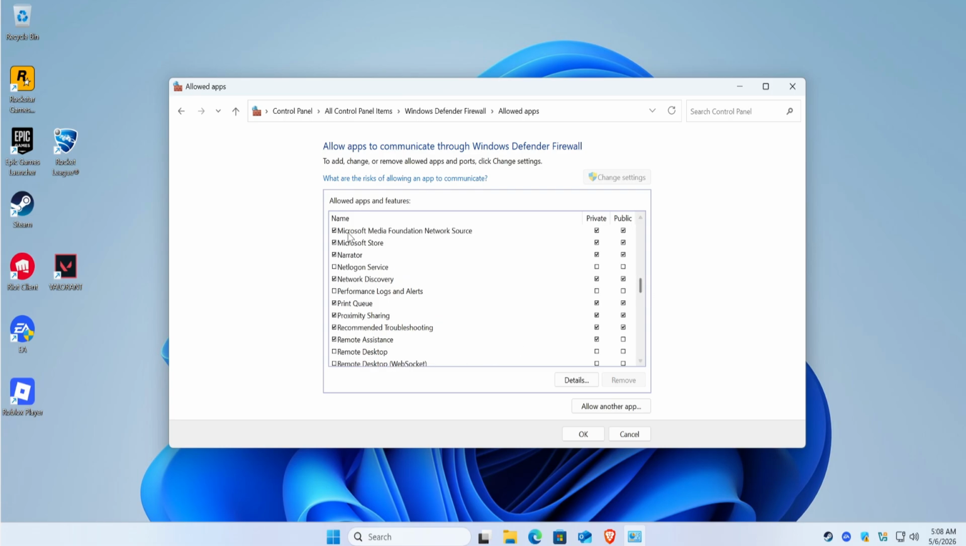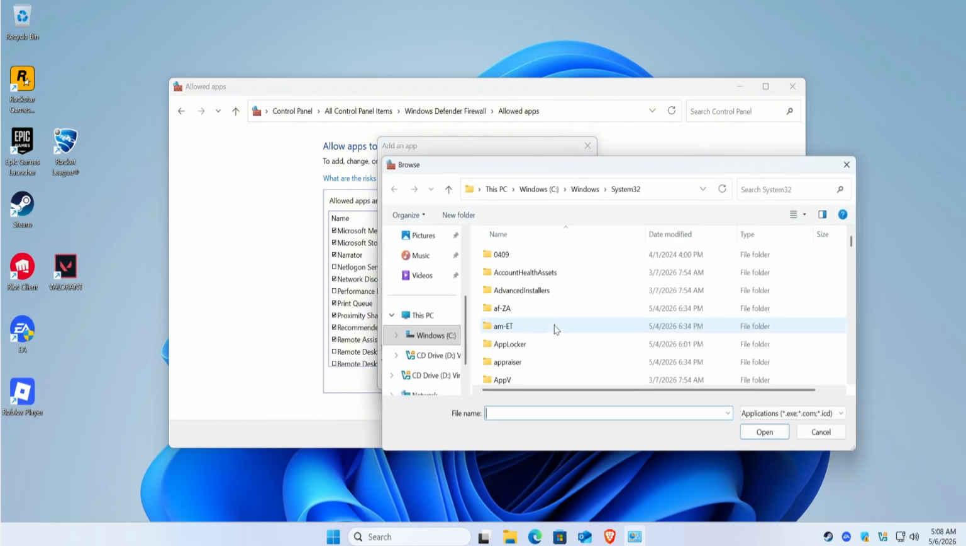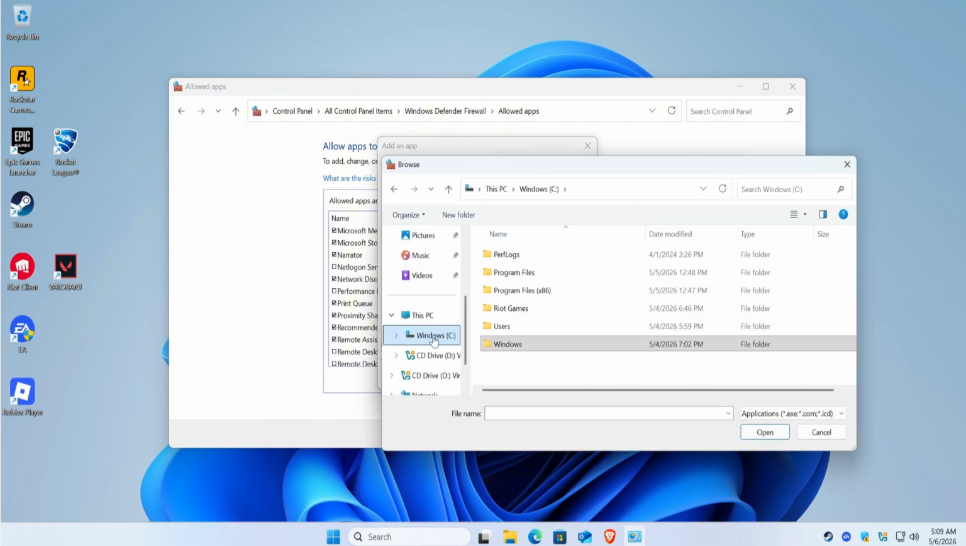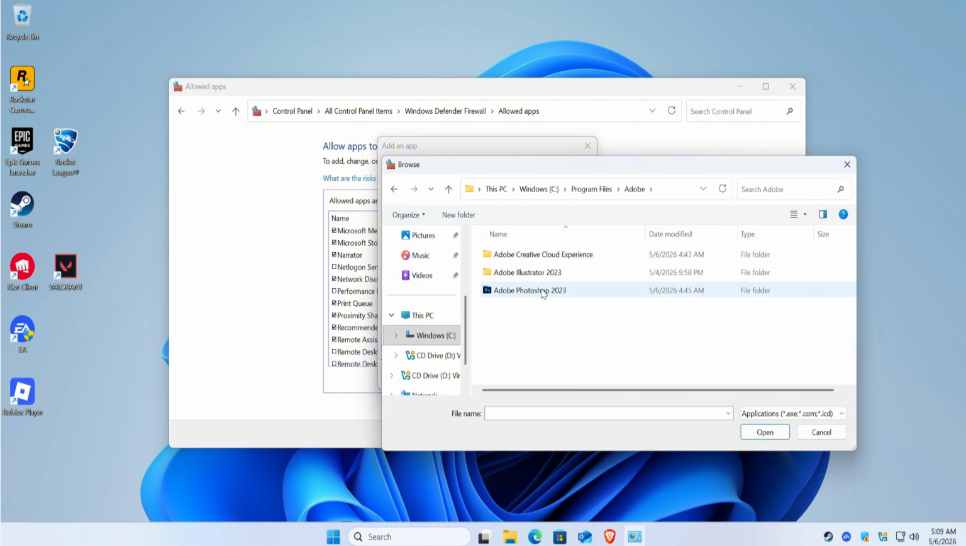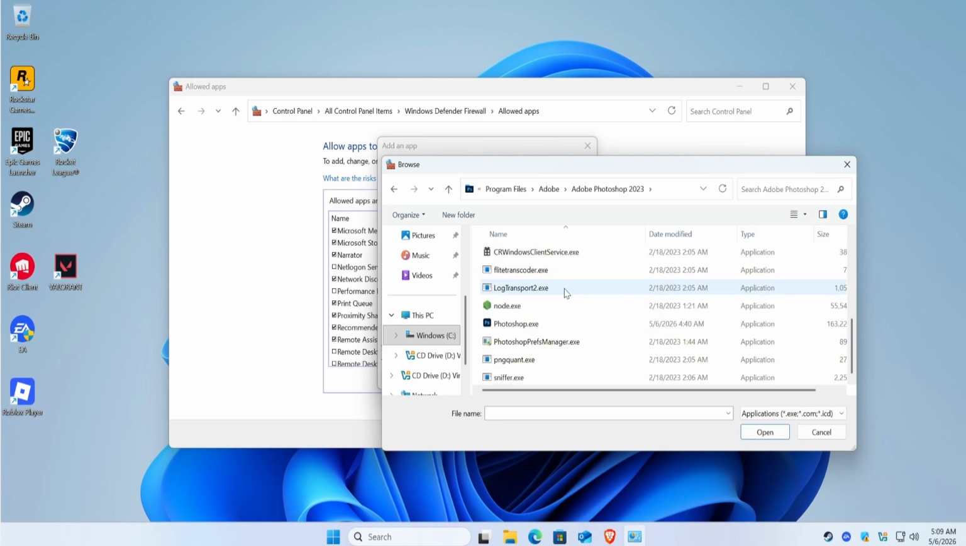If you can't find it, just like this one right here, click on Allow Another App. Click on Browse. Now go to Local Disk C, as this is the directory where Photoshop is installed. Yours may be different. Okay, go ahead over to Program Files, Adobe right here, Adobe Photoshop, scroll down, find Photoshop.exe,